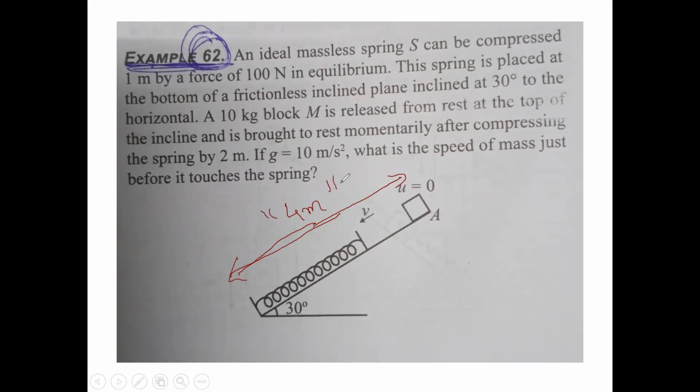The length of the inclined plane is about 4 meters. Okay, please note it. In this problem, the length of the inclined plane is about 4 meters. Without that, you cannot solve the problem. Clear? Please note it. Now let's solve this question one by one. I will draw the diagram and then let you know.